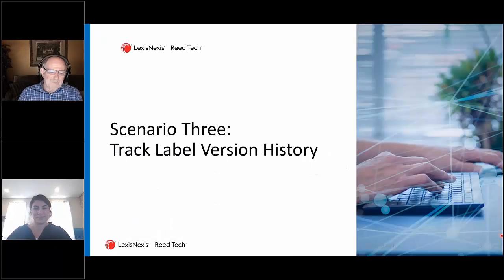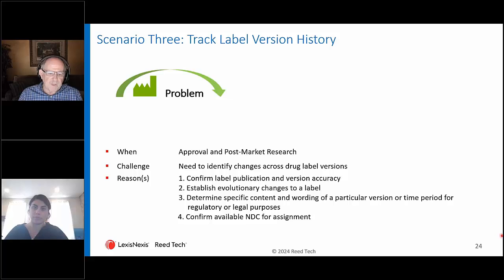The next scenario happens to be this ability to track label versions. So now the scenario is that you focus in on a particular label and you want to see how that particular label has changed over the course of time. And there are various reasons to understand and identify the label version at a point in time. So